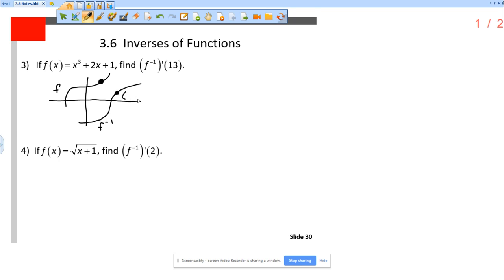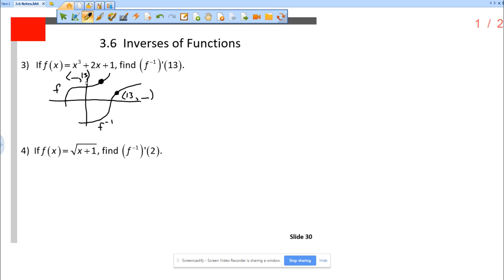So what we want to do is we want to set it up like this. All right, and so I have blank comma blank and then blank comma blank. Now I want f inverse prime of 13. So that means the x value on f inverse is 13, which means the y value on f is 13. All right, so now I don't know the y value on f inverse, and I don't know the x value